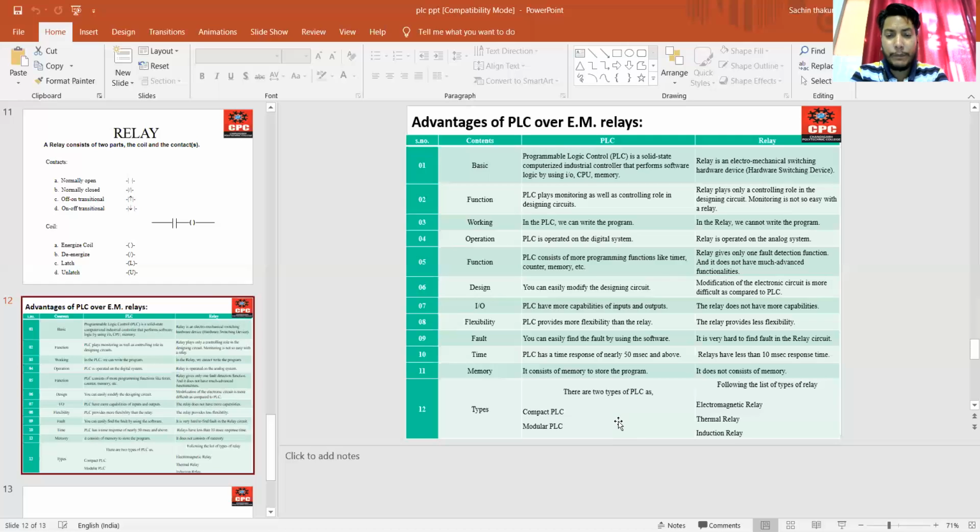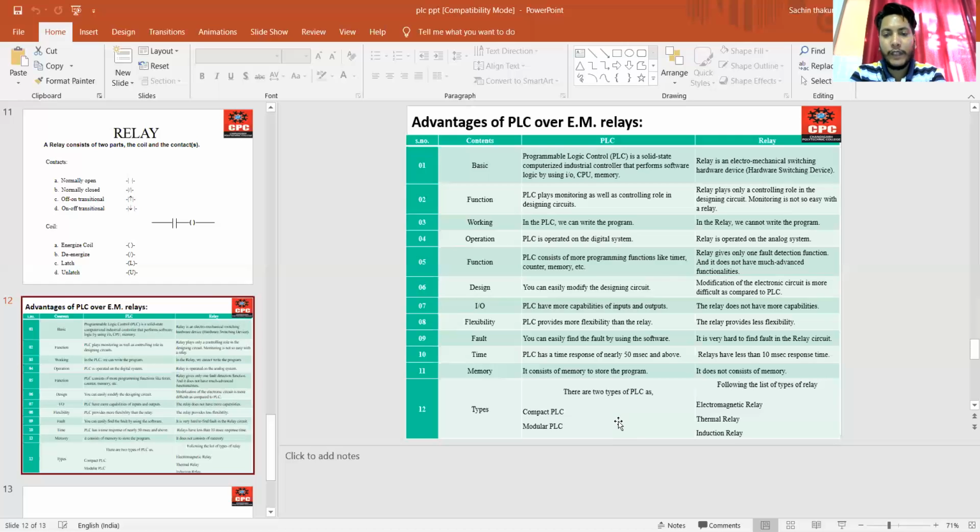Now, the PLC provides more flexibility than the relay. We can easily program a PLC with the help of software like Zelio, and the language used is ladder language.